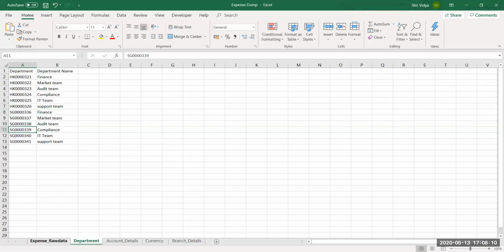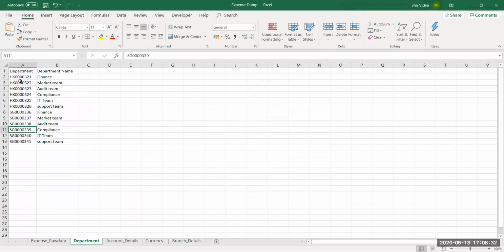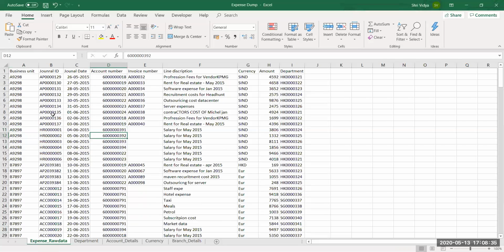So let's go here. Expense raw data. This is a combination of all that we have. I know this data is not up to the mark, but you can still understand it. This expense raw data has the business unit number. What you saw in branch details, the same number is present here.